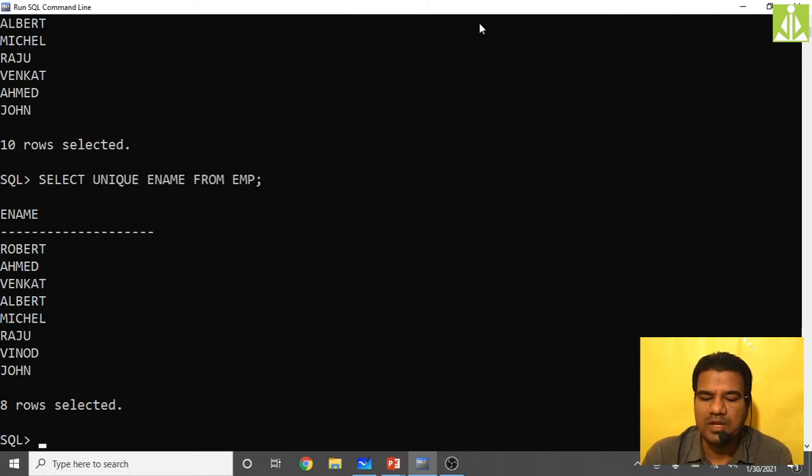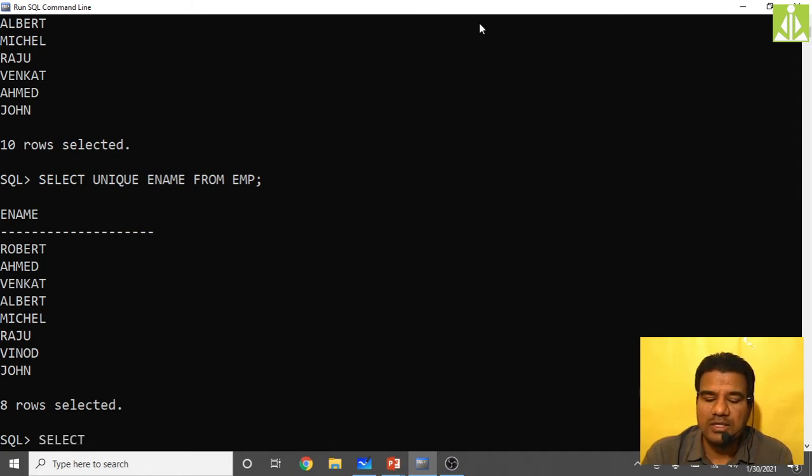Here you can see we are getting Robert, Ahmad, Venkat, Albert, Michael, Raju, Vinod and John, only once. No repetition, no redundancy. So in order to avoid duplication inside your data, we use this unique keyword along with the select command.